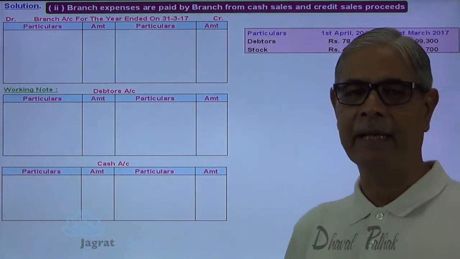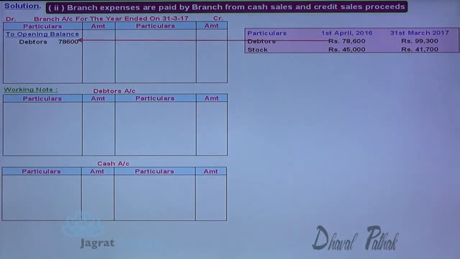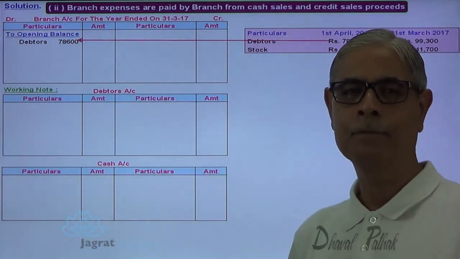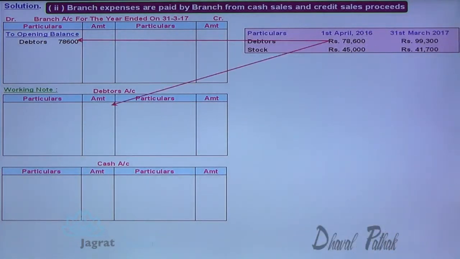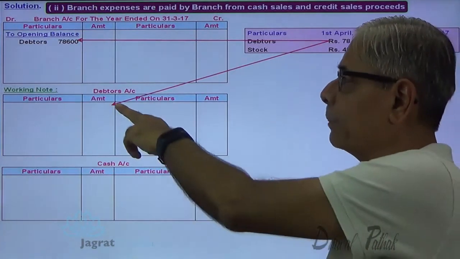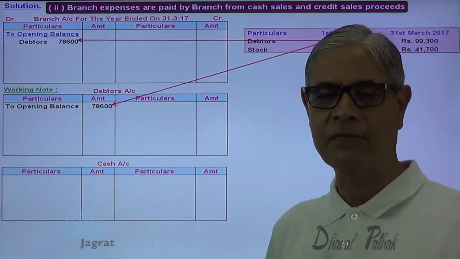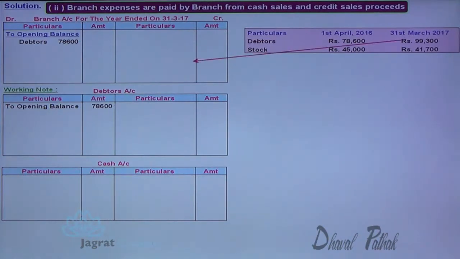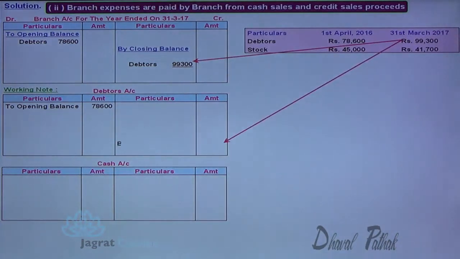Debtors opening balance at the beginning of the year, debtors asset given to the branch, account debit to debtors account credit. At the end of the year, the reverse entry gets recorded when the debtors are taken back. Debtors balance is absorbed in the books of HO. So debtors account debit to branch account credit. The same debtors opening balance will be recorded in debtors account as working note, and closing balance will be recorded in this working note on the credit side of debtors account. So debtors closing balance, debtors account debit to branch account credit, and the same closing balance will appear here in